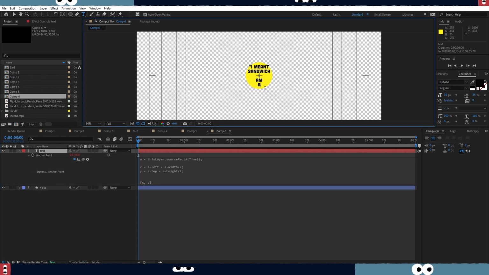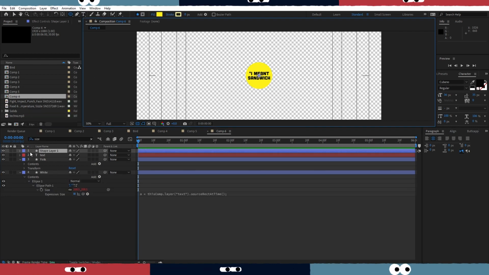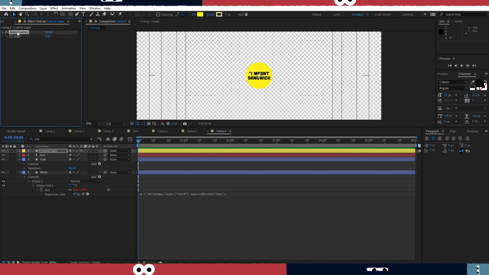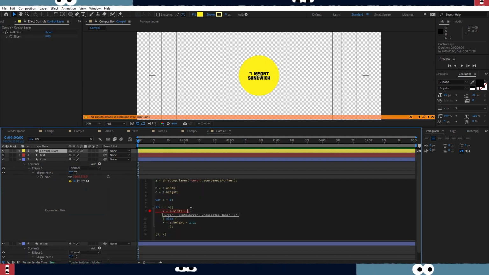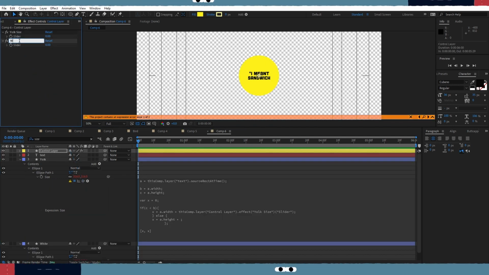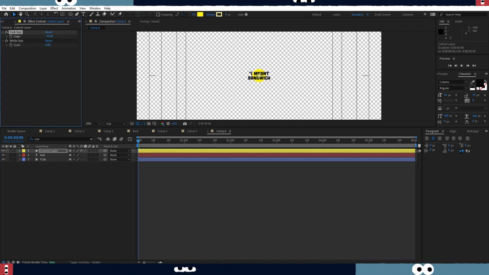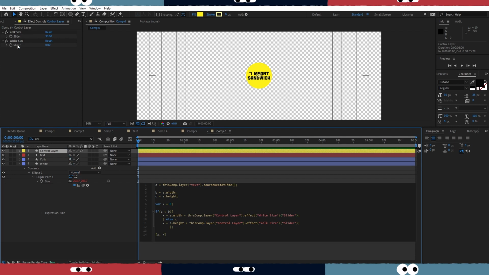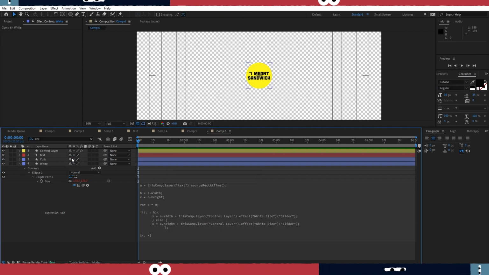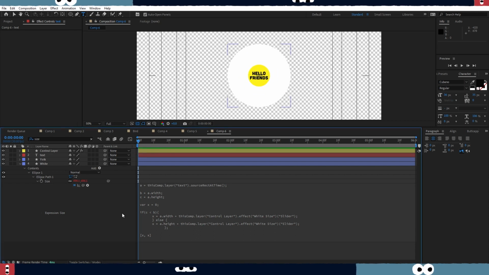I'm gonna duplicate the yolk layer and name it white. Make a new blank shape layer for my control layer. Add an expression control, slider control, name it something. This is gonna be my yolk size. I'm gonna make my size more controllable instead of hard coding the times 1.2. And in the white, I'm gonna do the same, make a slider and add it into the expression,